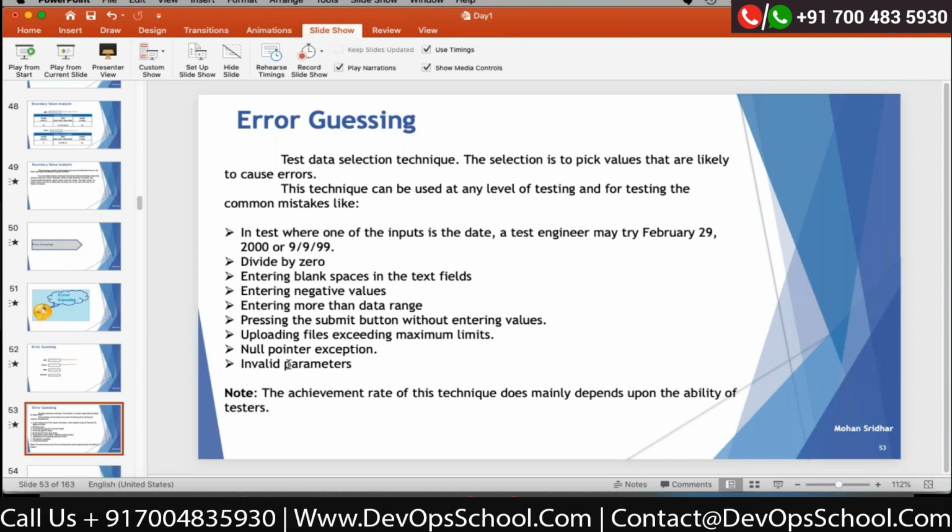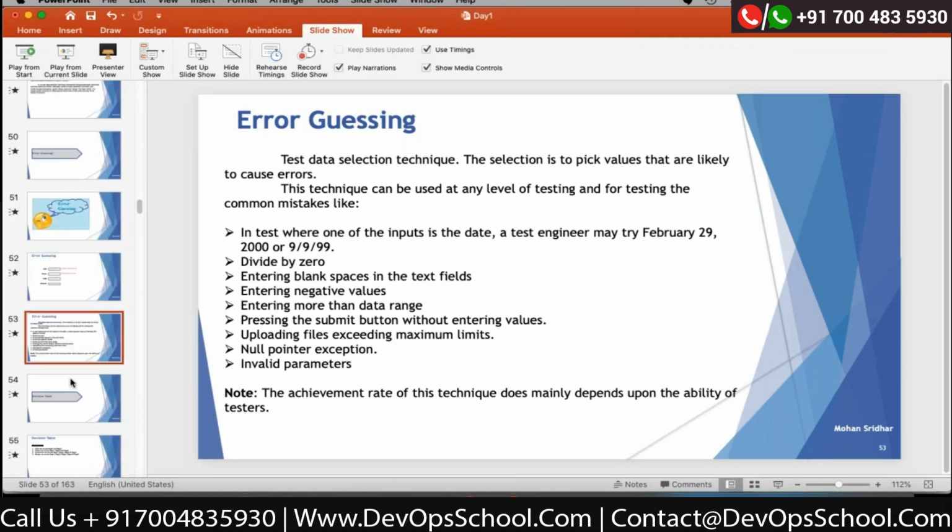It is not programmer understandable, developer understandable. So invalid parameters. So these come under error guessing. Not only this, based on the experience you will come across, the moment you do more analysis, identifying error guessing, if you are thinking to break an application, to make that test case fail, you think about it, you will get more error guessing techniques than this, based on your application, based on your experience as well.